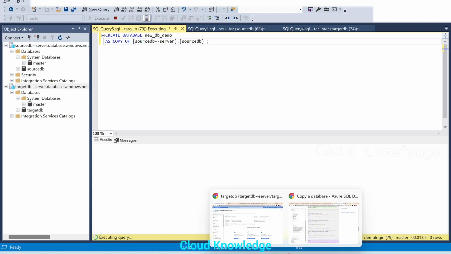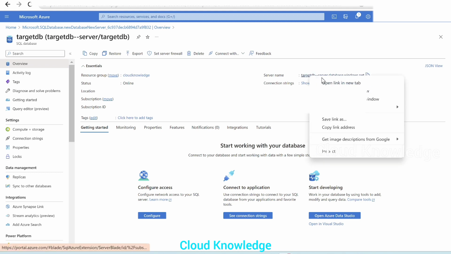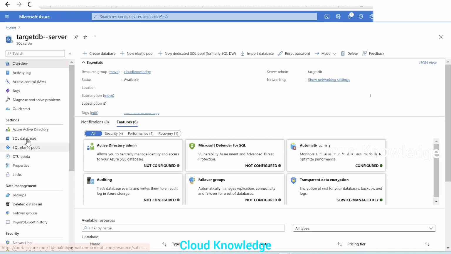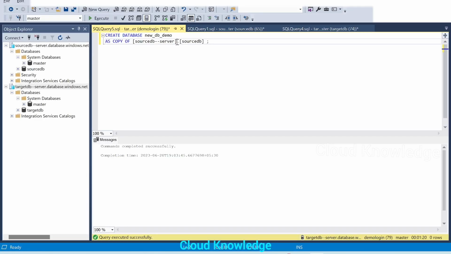In the meantime, we can go to the portal. In the target database, we have the server. So we'll open the server. And in the server, if we go to the section SQL databases under the settings, we could see that it still has just one DB. And now we could see that after applying the square brackets to the server and the database name, the command executed successfully.